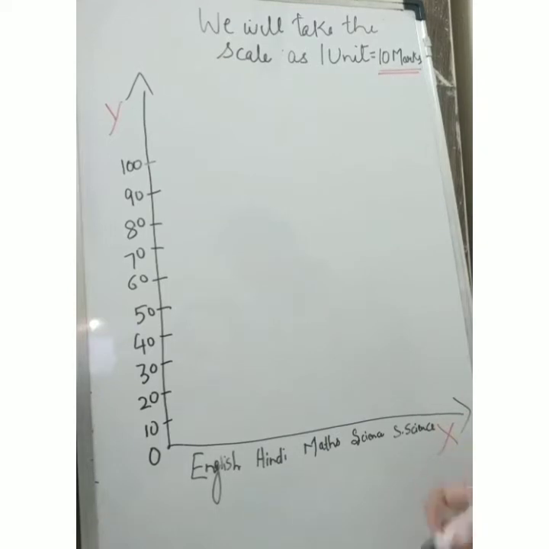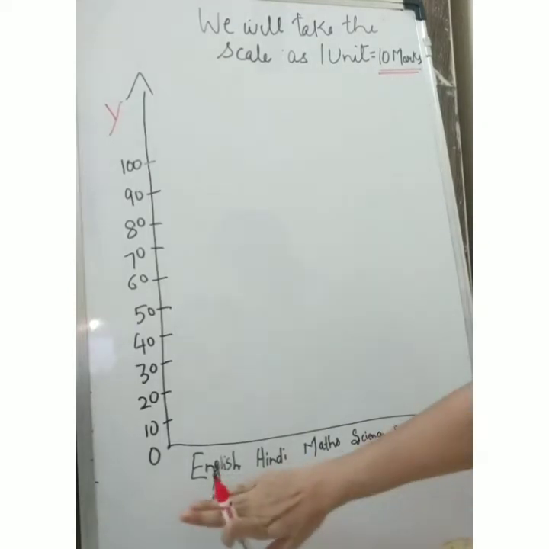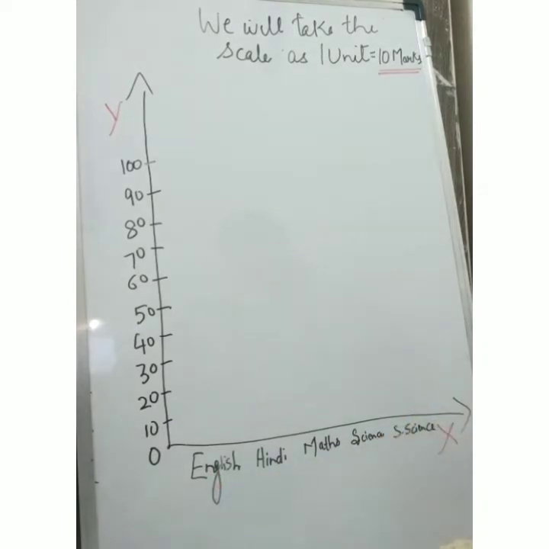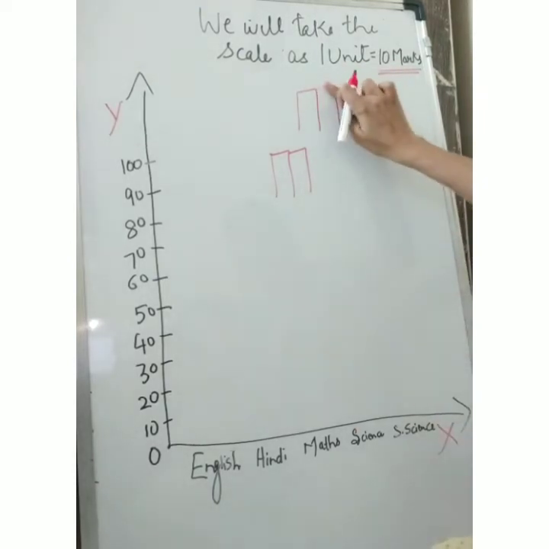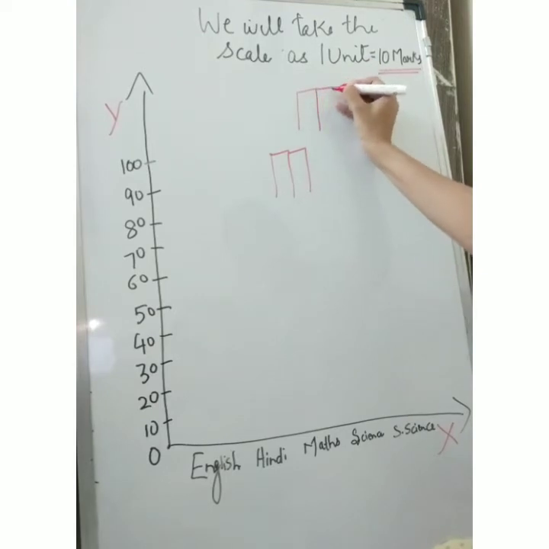Now double bar graph means for a particular subject we will have how many bars, students? Two bars. Now how will we draw? One bar we will draw for the particular subject, and the next we will draw and join like this. Simply we will draw one line and we will draw like this. Before that we have to put something.